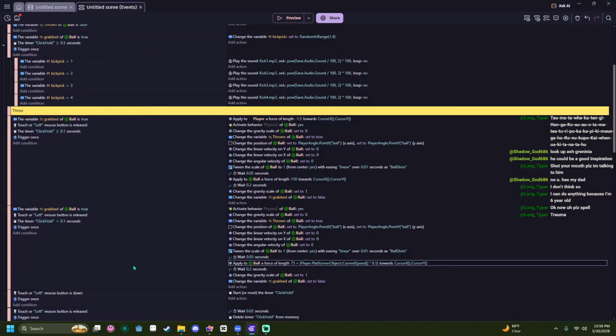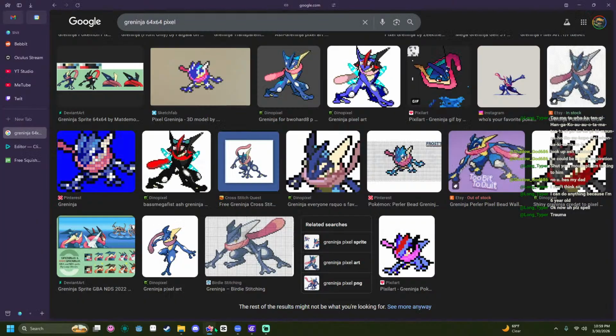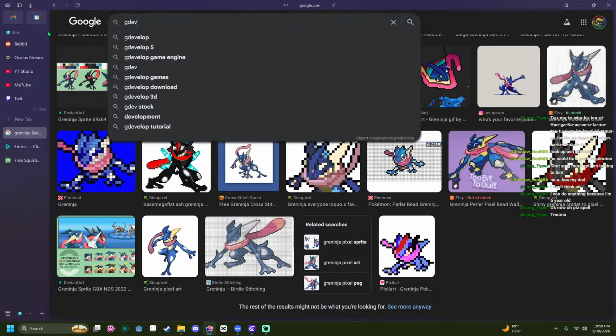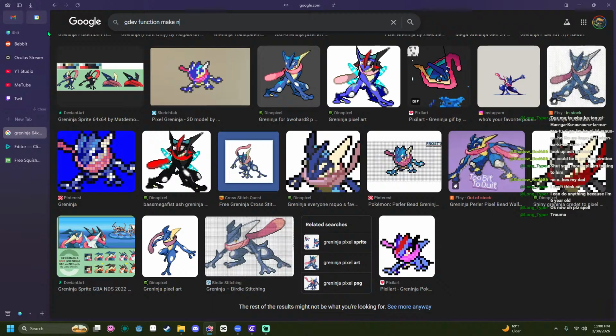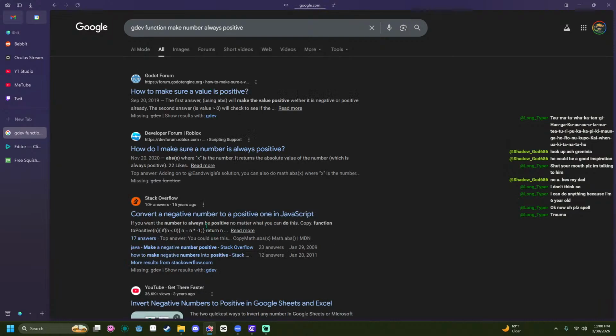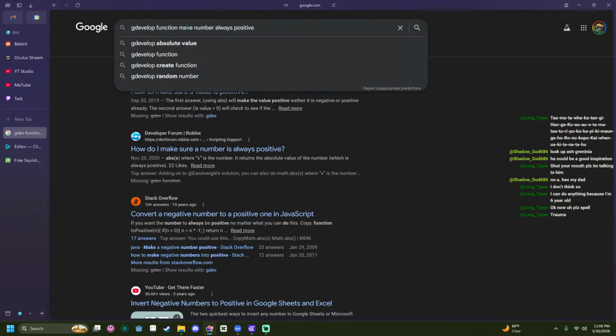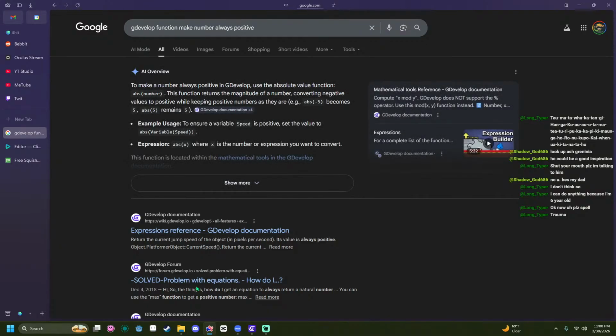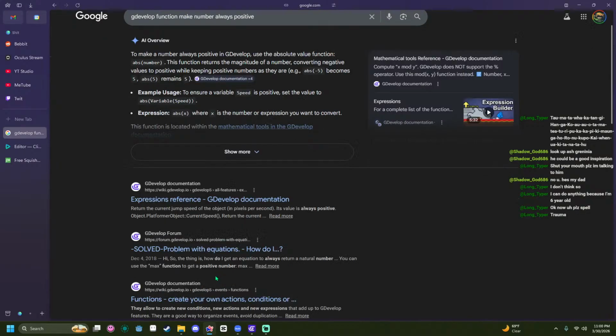Shit, man. Is there a way to easily make sure it's always positive? Always return a natural number.